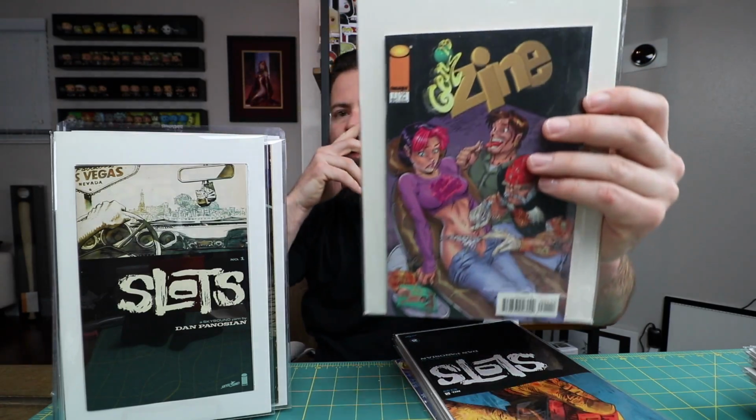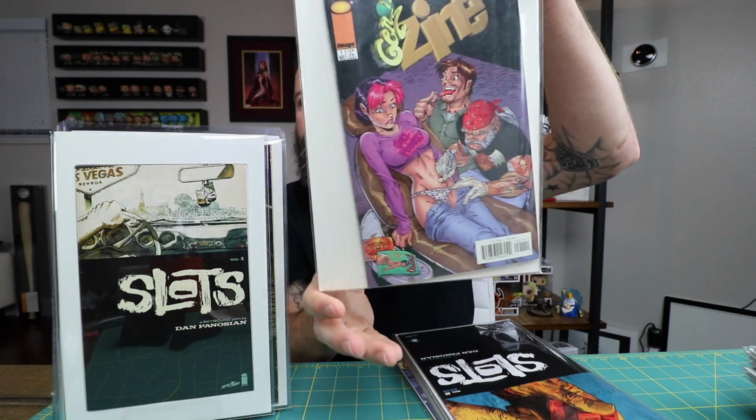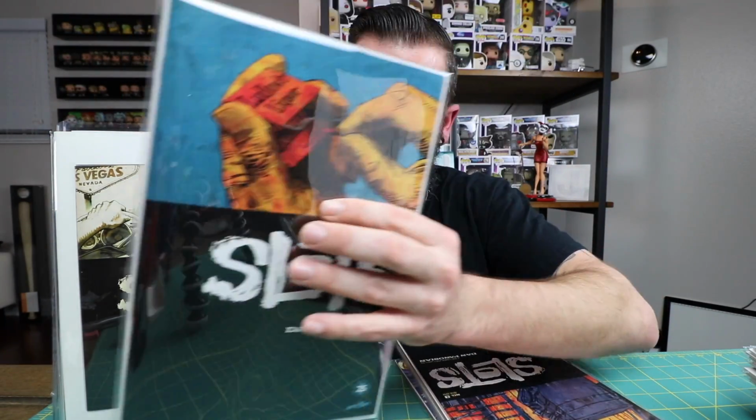I got this little Gen 13 ash can, and it moves around. You can see it's like it's all over the place inside of it, and this just looks nicer to me, and it stays right in the middle. So I like the way it looks. So anyways, I got another copy of Slots number 2,